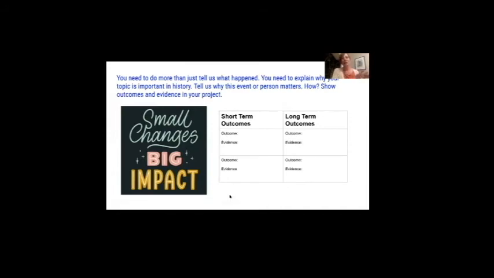I think there's a fillable in Canvas for you that is along these same lines, but it's important to show what changed and what the impacts were. And this just reminds everyone that we can't just talk about what the outcome was, we need to provide some actual evidence. It's interesting how kids will fill in a whole lot of gaps with their own presumptions about getting from then to now. And that really leads them totally away from the path that we're trying to build of basing the information you present on research and evidence. All right, Joanna.